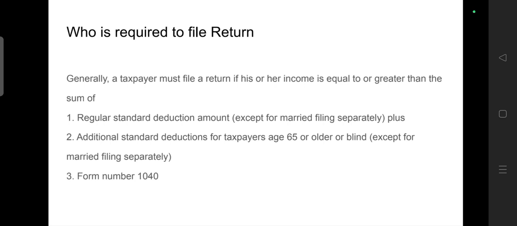Who are those categories? Senior citizens, a person whose age is 65 or older, or who is blind. They get some additional consideration. If a person is 70 years old, they will get the regular standard deduction plus the extra privilege of an additional standard deduction. If their income is below that, then no need to worry. But if their income touches the threshold limit, then such people have to compute the tax. Either they have to pay the tax or claim the refund.